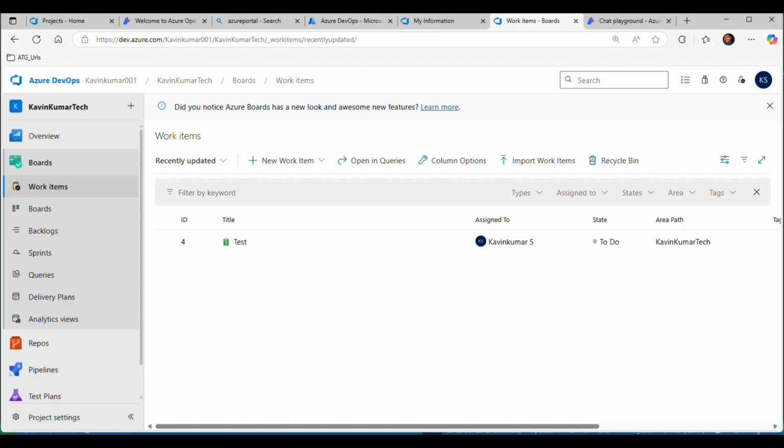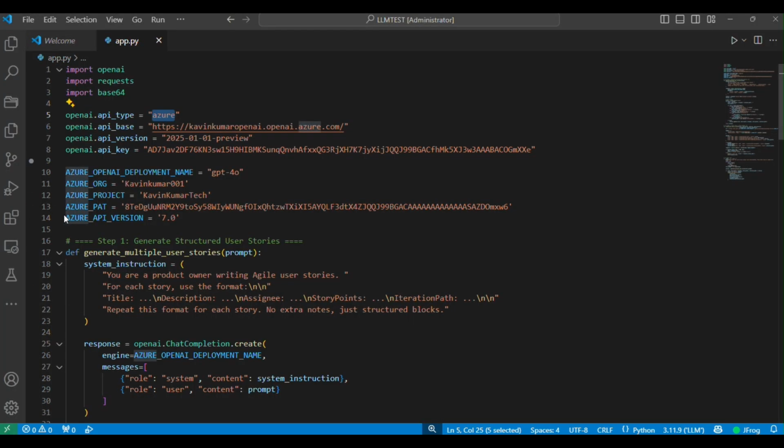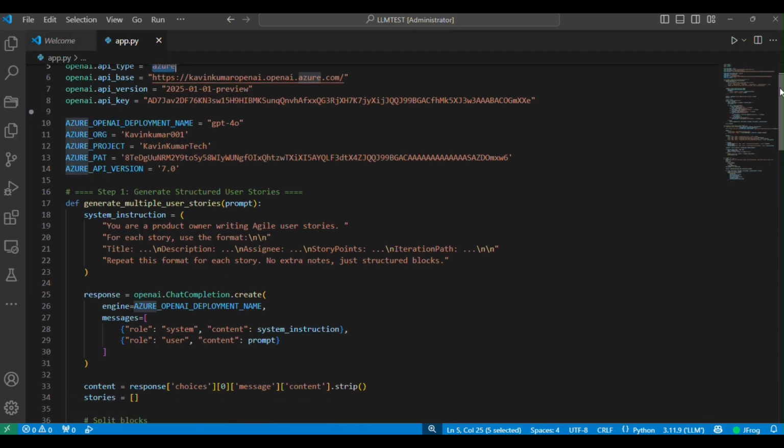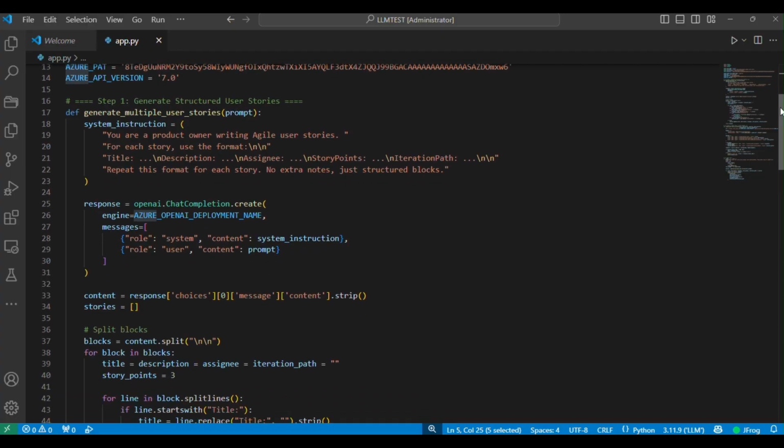Remember, we created one personal access token here. That token needs to be configured in this code, and then choose your API version. I'm briefly going through the code because this is very basic code. You can find this code usually in any forums, any AI forums, or maybe any